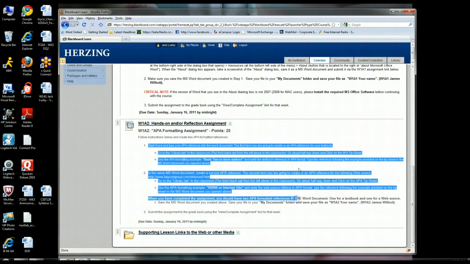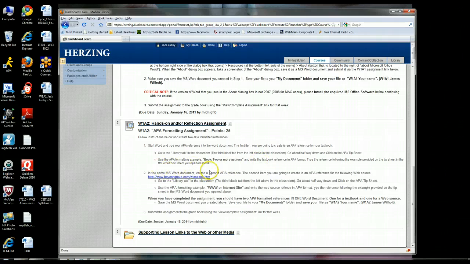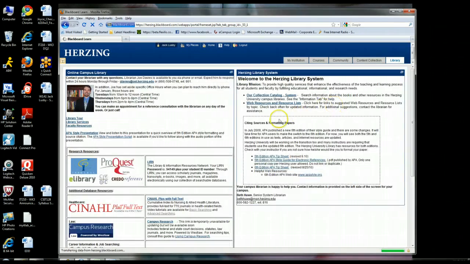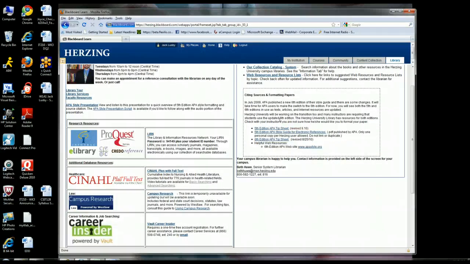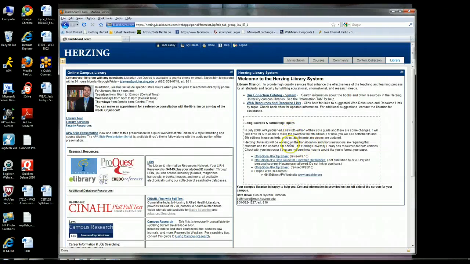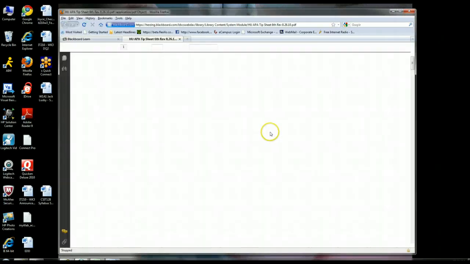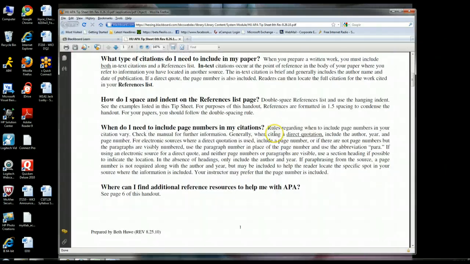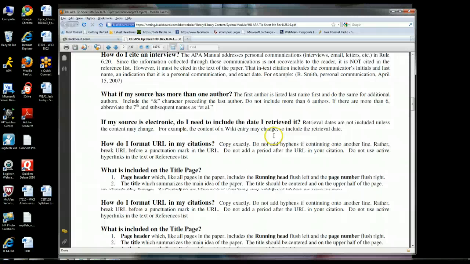Okay, so in order to do this, basically the instructions outline it here, but they want you to go to the library tab in your classroom. And that's right here. Hang on a sec. Okay, and on the library tab here, you're going to see there is a 6th edition APA tip sheet. I would suggest using the 6th edition just because these revisions are updated every year, and typically you want to use the newest edition. So go ahead and click on the 6th edition APA tip sheet,